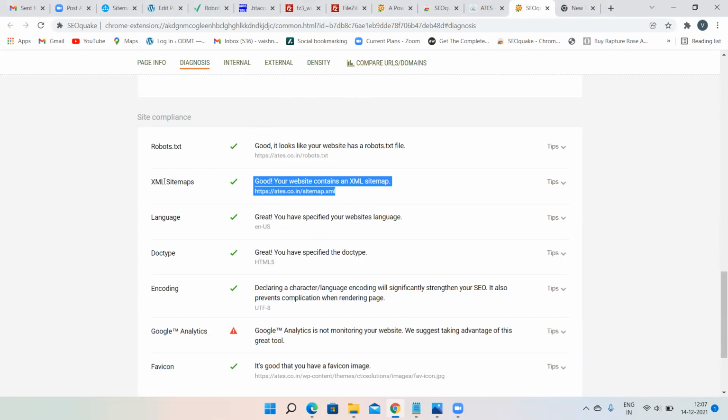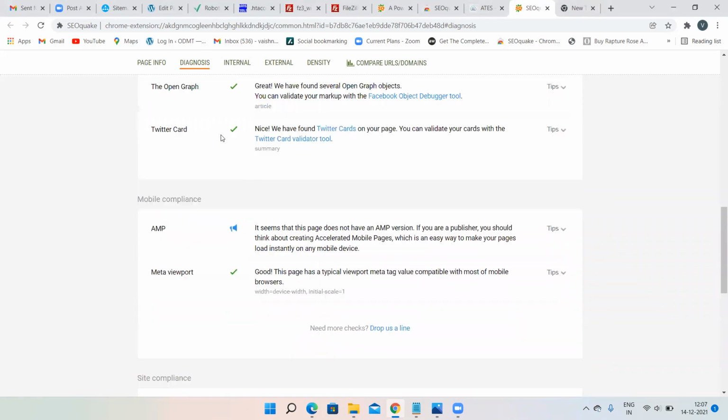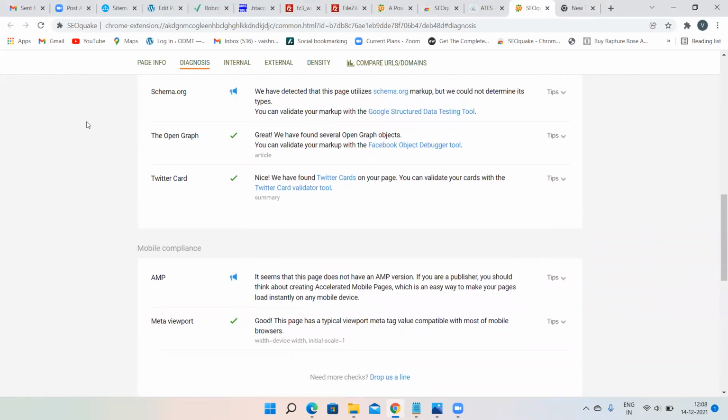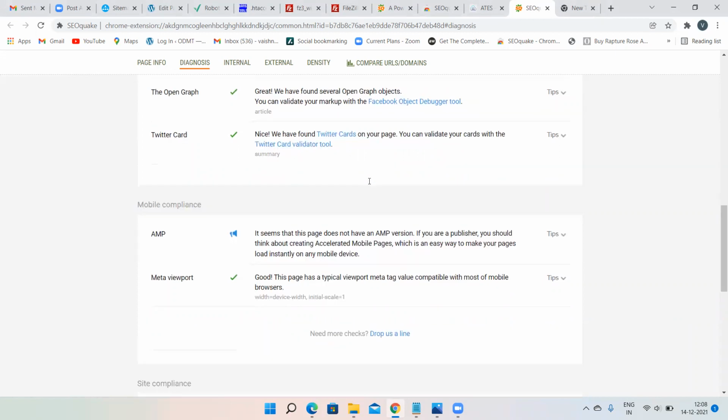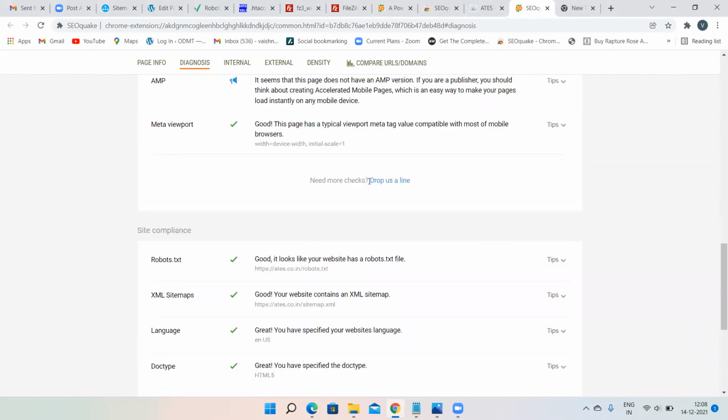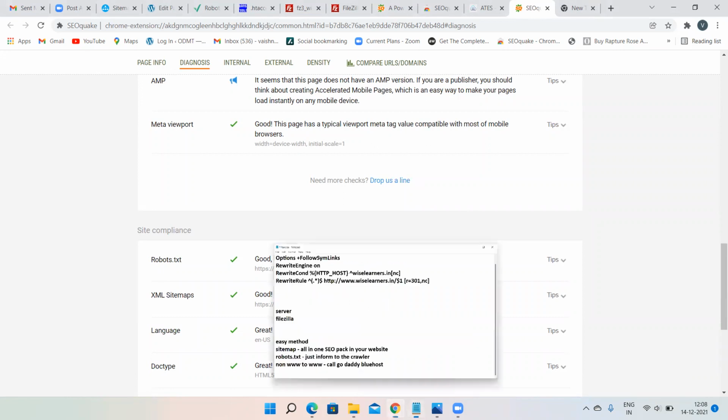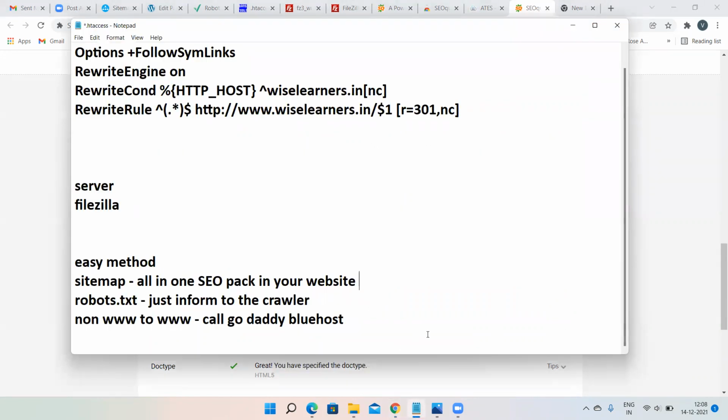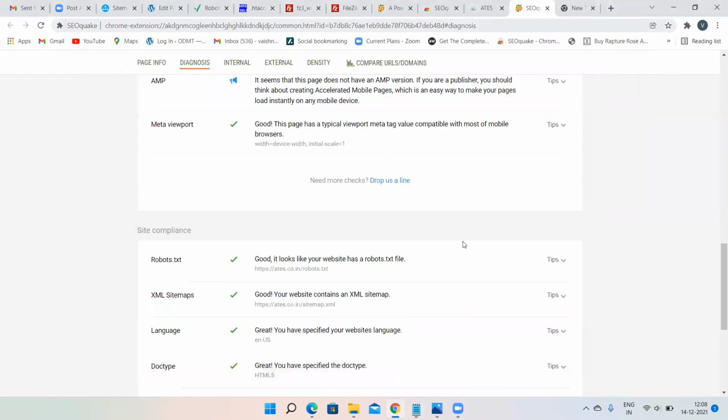So robots.txt is also done for your website. And make sure you just call GoDaddy people and tell them to convert your website from non-www version to www version. Whoever you have taken the hosting from, just call them and tell them to convert, because your website should always be in www version, not in non-www version. So that's it about